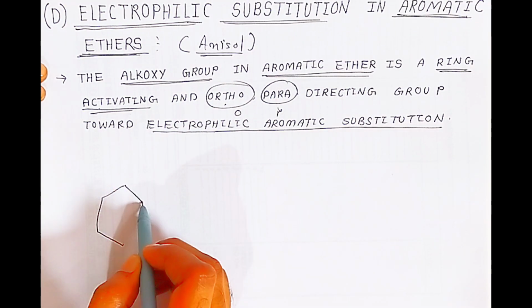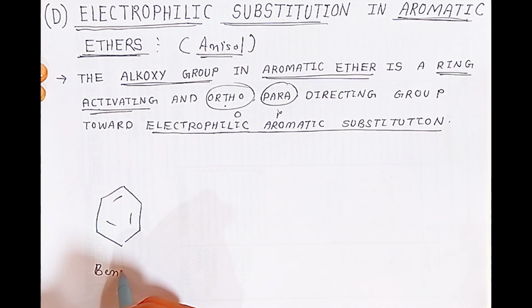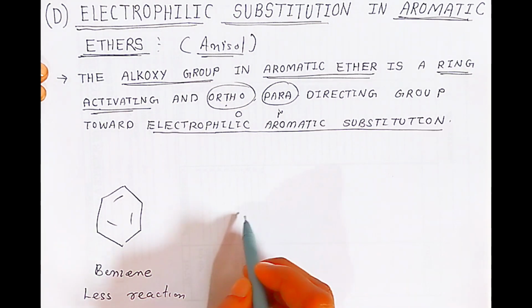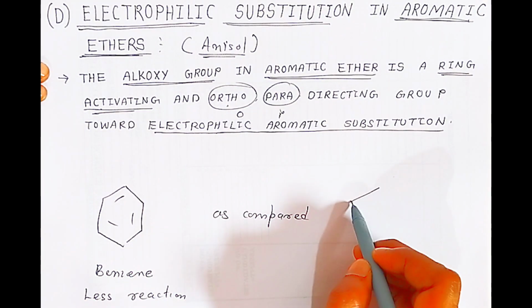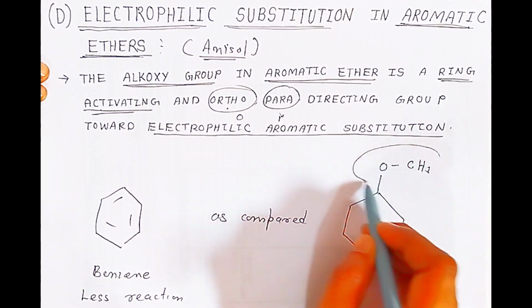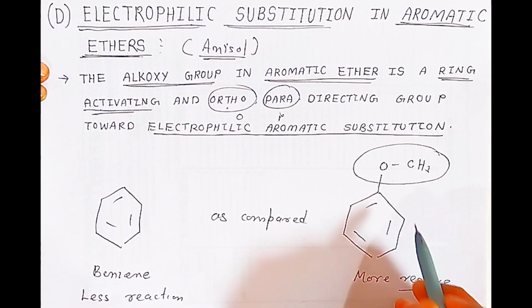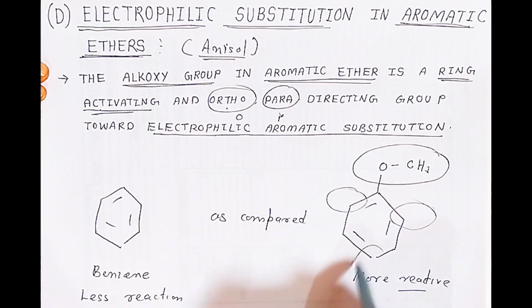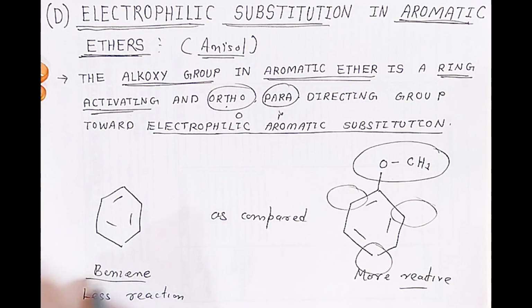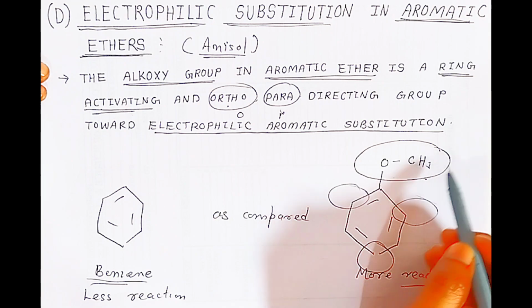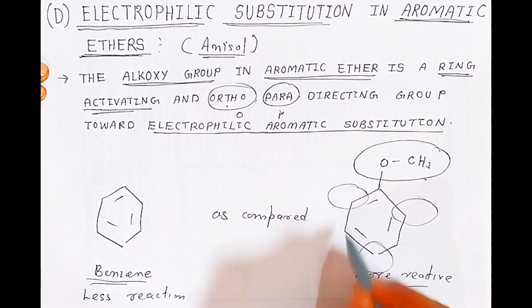Benzene is less reactive as compared to anisole because of this methoxy group. So here, students, the ring will be more reactive at the ortho and para positions, otherwise it is less reactive. Because of this methoxy group, which is also called an alkoxy group, on this benzene ring,